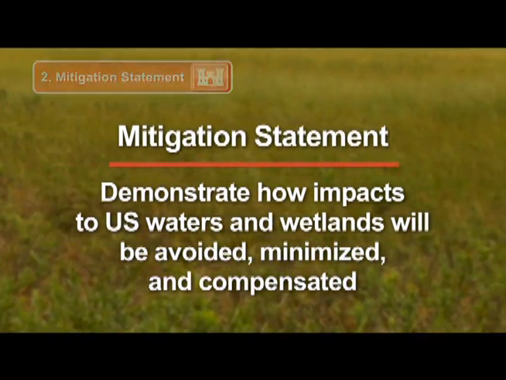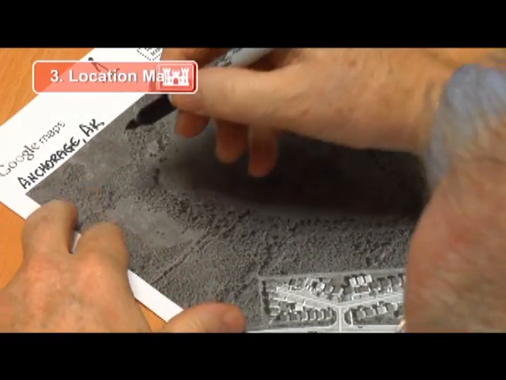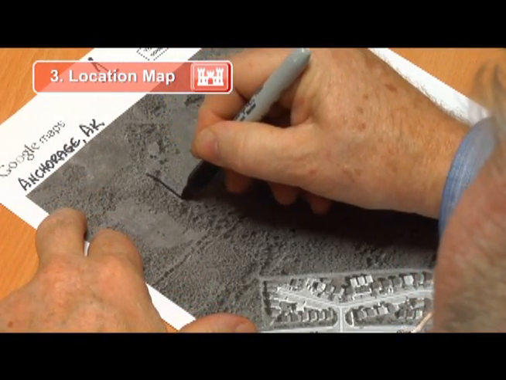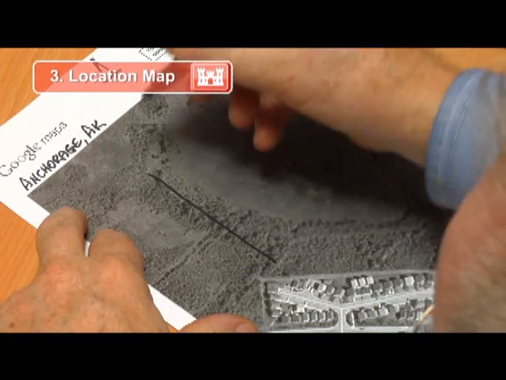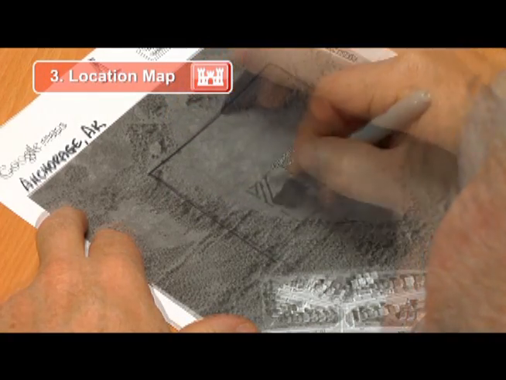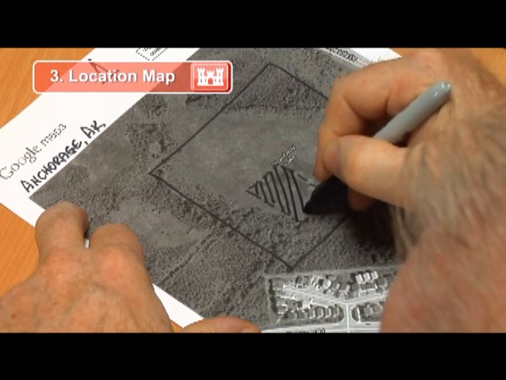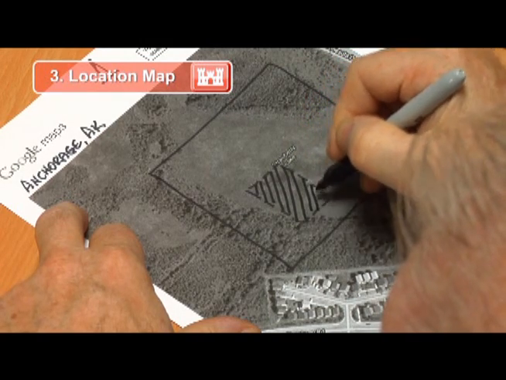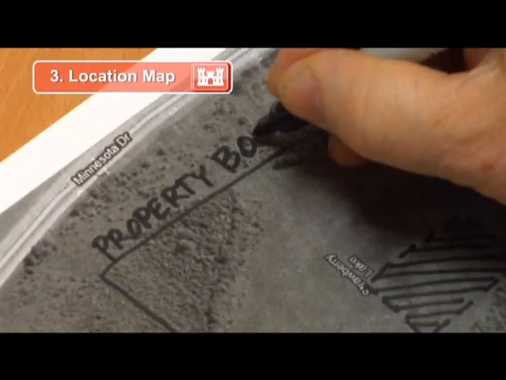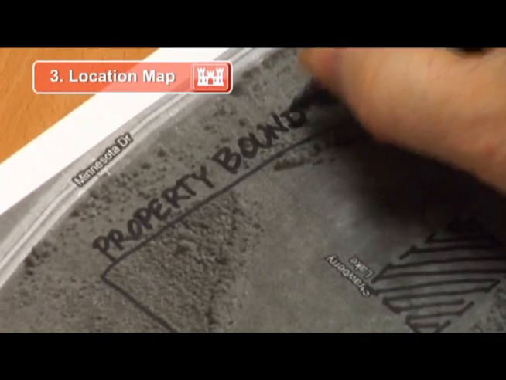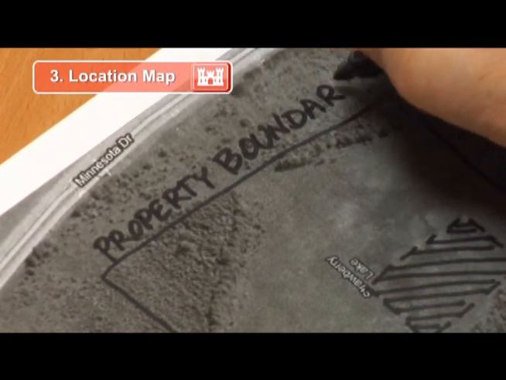The third step is to provide a project property location map. This is one of the most important materials needed to accurately assess the proposed project. This map should be an overhead view of the property that shows where your proposed project will be built. Ideally, the property location map would be either an aerial photograph, a Google Earth image, or even a municipal property